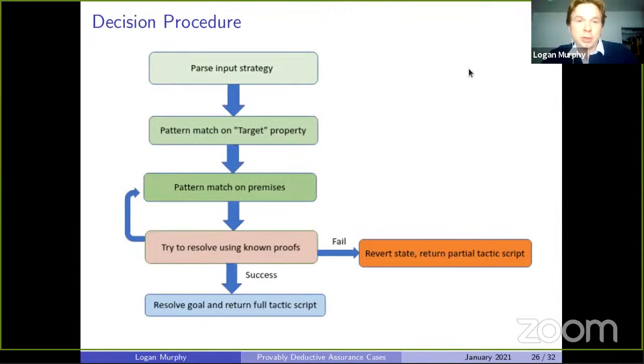So our simple decision procedure to find these proofs is just to use the parser monad to parse the input strategy, which is a text file like I showed earlier. That's a text encoding of a Lean object. Basically, do some pattern matching on the target. So what is the formula that you're trying to prove? And then just recursively pattern match on the premises and go through the list of known proofs based on that